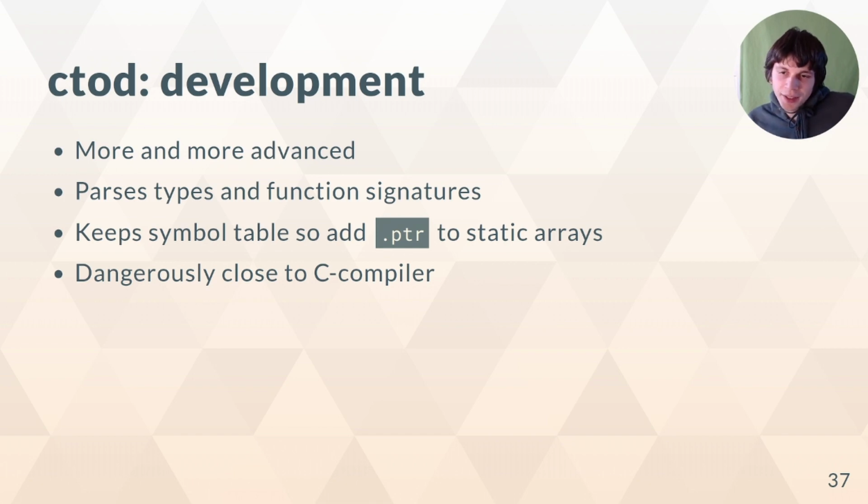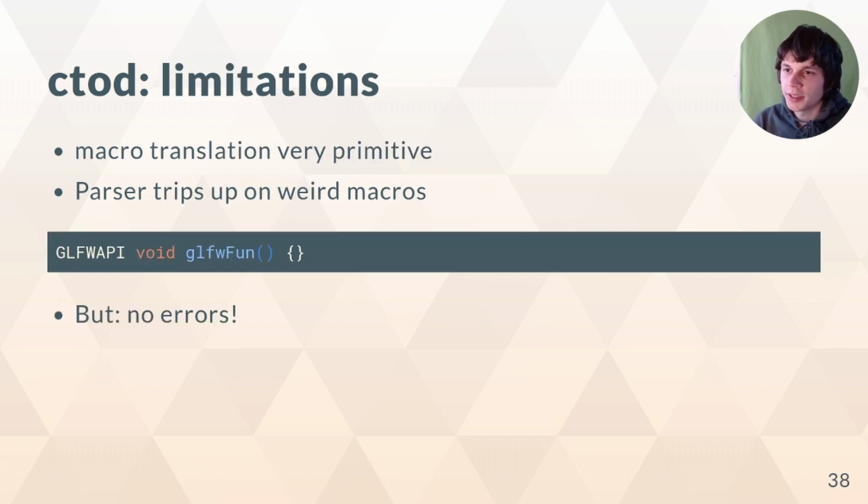And the whole thing actually comes dangerously close to a complete C compiler, but one with a terrible architecture and being kind of not planned out very well. But yeah, I think it does a decent job right now, though of course there are some limitations. Macro translation is very primitive, complex function macros still need to be translated by hand. Also, the parser doesn't act on the preprocessed file because that would lose the information of the defines and such